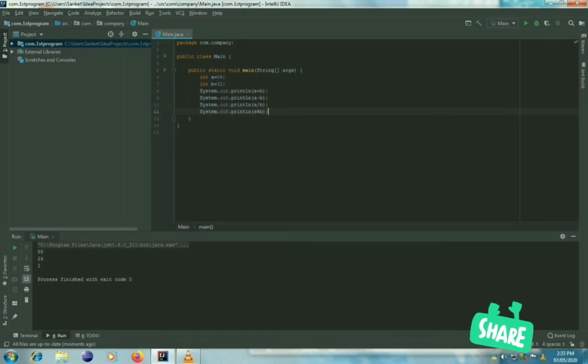Then build and then run the program when the build is completed. And as the program is running, there is the value of a mod b on the console. This is the remainder of a mod b.